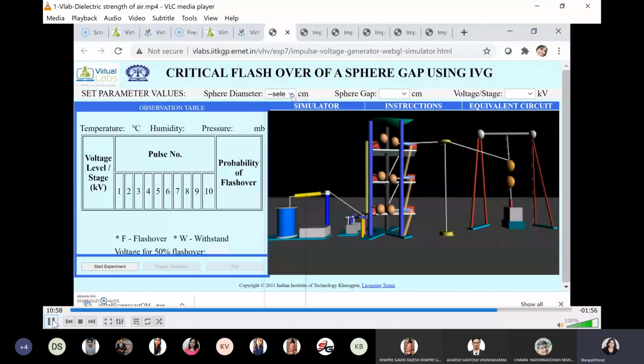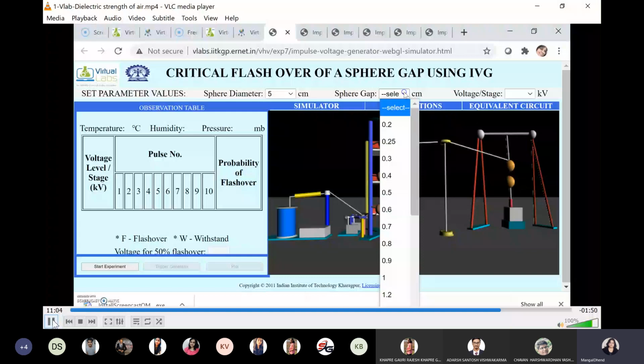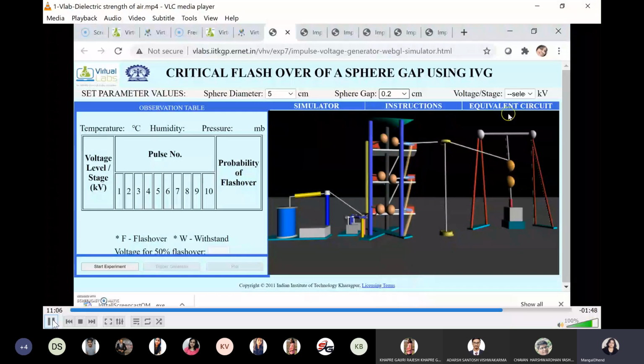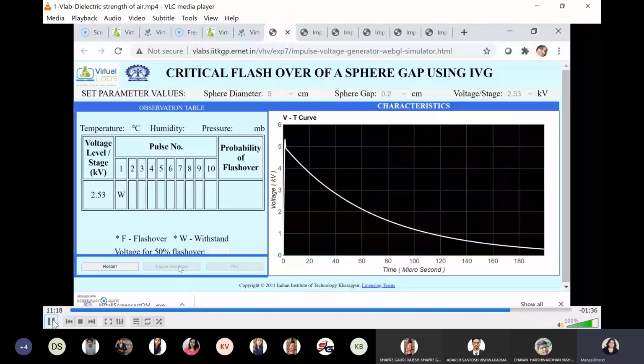Okay, so the diameter was 5, it had not occurred. So the diameter is 5 only, gap distance is 0.2 only. Now you have to find out the voltage. So 2.53 we will check. Just carry it out. No breakdown voltage. Okay, so this way you just keep the same diameter, same gap distance